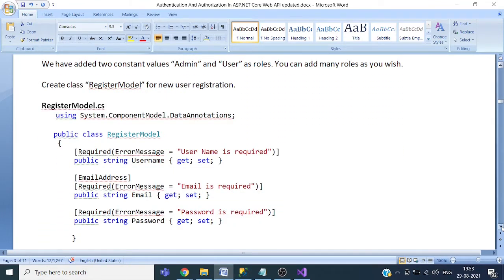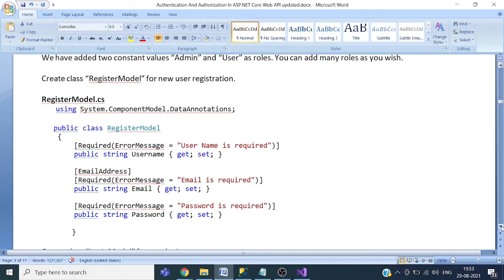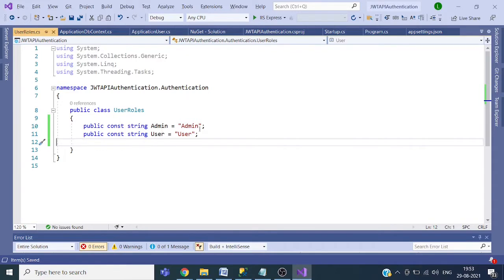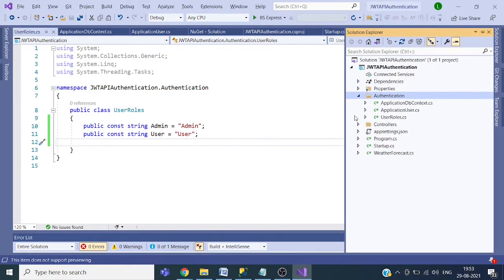Now we will add the class for representing the data of registration. So we'll add a RegisterModel class. This class will be used in the registration process.